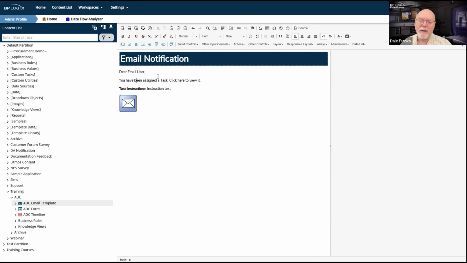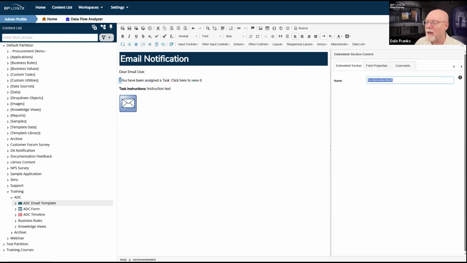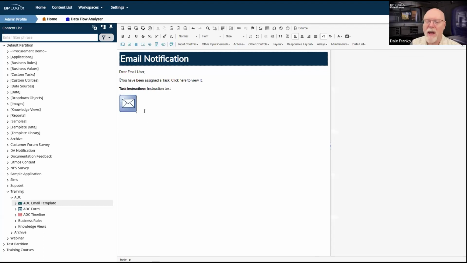I'm just going to go right here to the very beginning of this line. I'm going to keep the dear email user. But on this first line, we're going to throw in an embedded section control. And we're going to call this section resubmit. So I know that this is my resubmit section. And then right here, after my email data control, I'm going to drop in